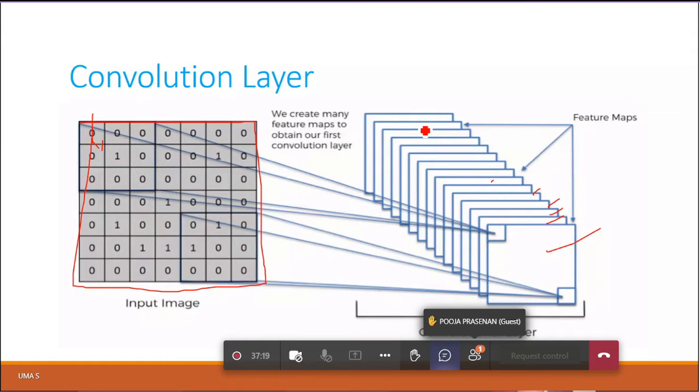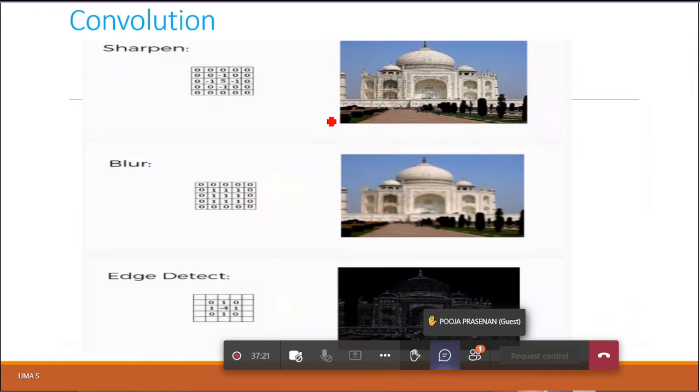That is what the convolution layer does.